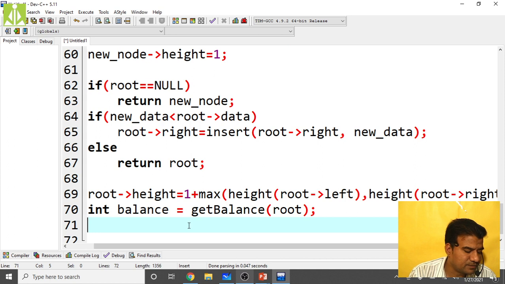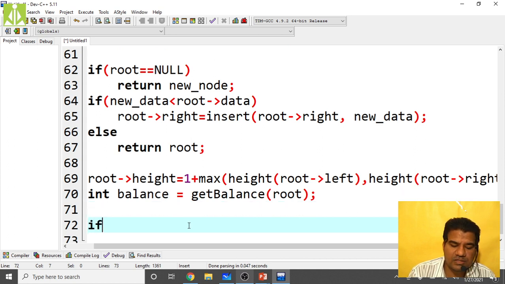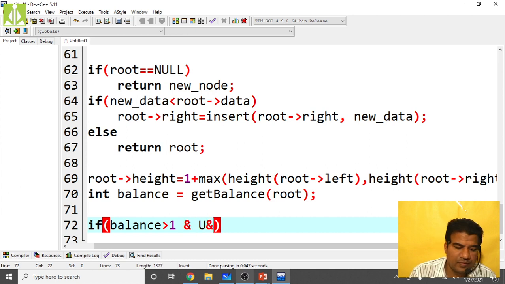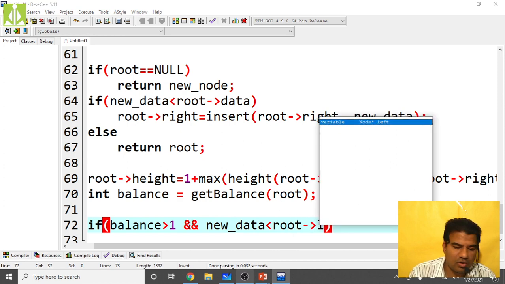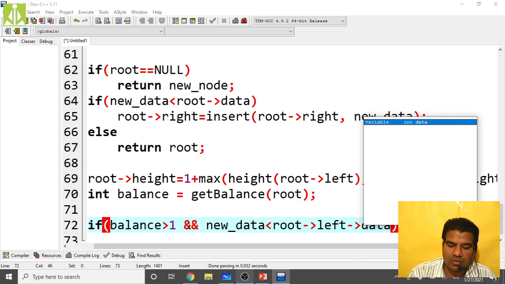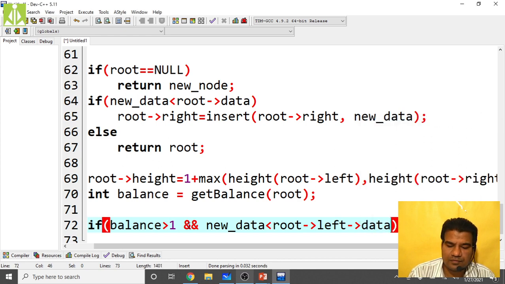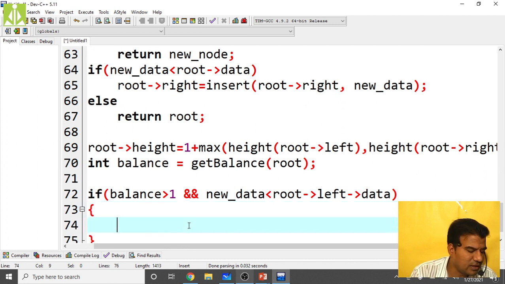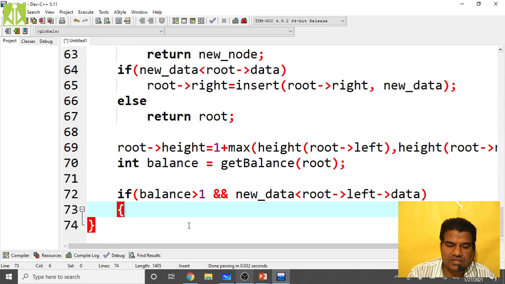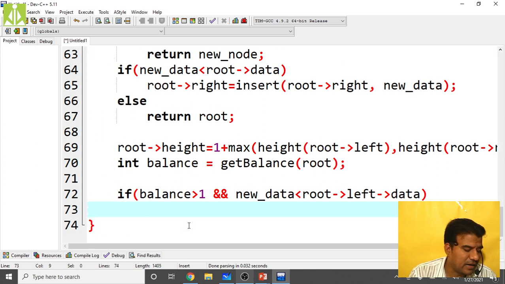Okay, then based on the balance value, if your balance is greater than 1 and new data is less than root of left of data, then we have to perform right rotation.